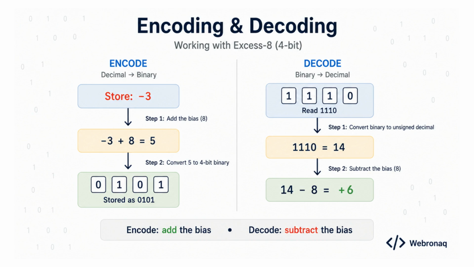Step 2, take that 5 and convert it to 4-bit binary. 5 in binary is 0101. And that's it. The number -3 is stored as 0101 in excess 8. Pretty straightforward, right? You're just shifting the value up by 8 so it becomes a positive number, and then writing that positive number